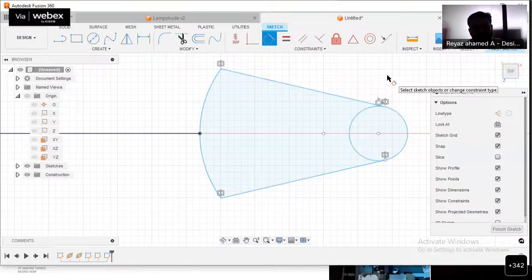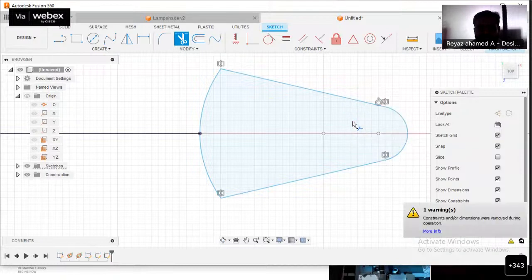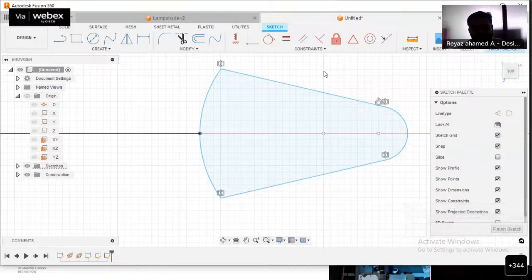So just press escape key and then click on the trim option. Just remove the unwanted portions which are not needed. And then we have to give the dimensions. So every time I have to go with the dimensions. So what is the shortcut key? Is there any shortcut key? Just using the keyboard. See, for dimension it is D. Just type D on your keyboard. So automatically the dimension gets highlighted.